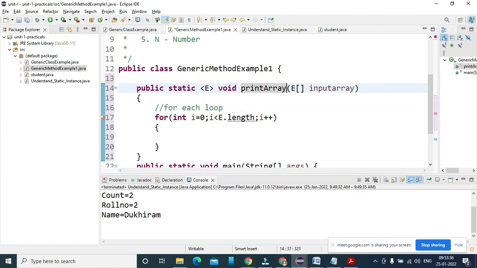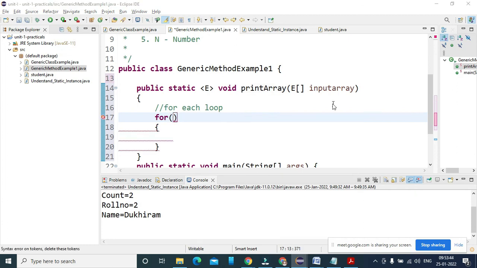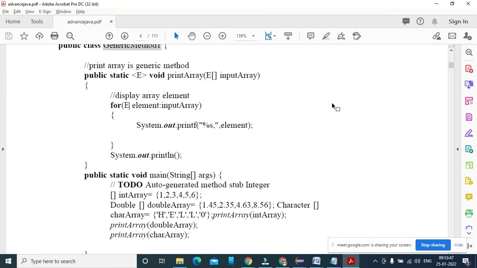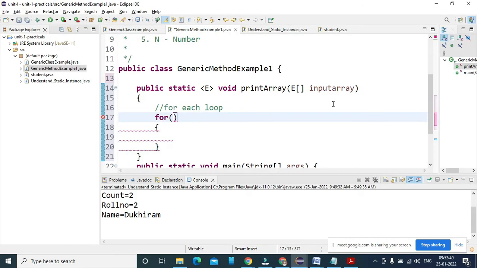The element is not yet defined, and the array is not yet defined either. So people use the for each loop, and for that you simply use the object type, then the array, and you are asking what kind of elements you are passing here.